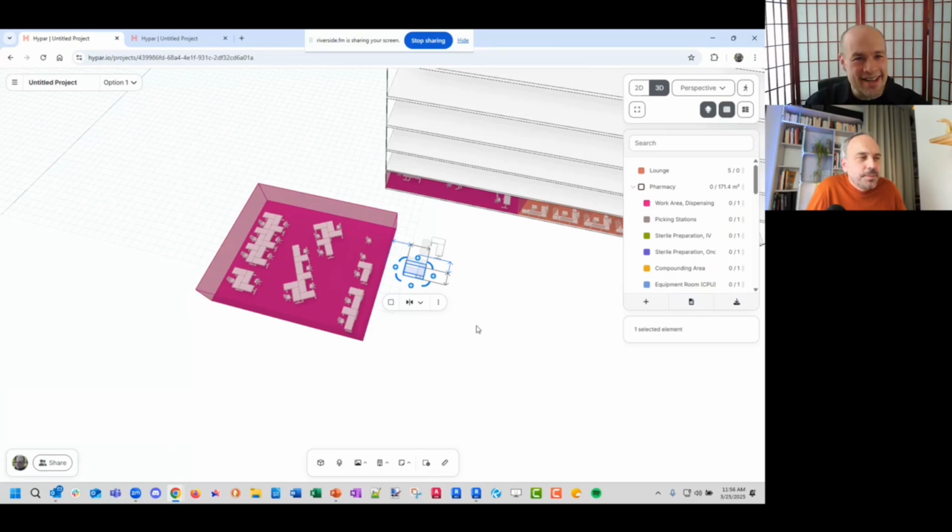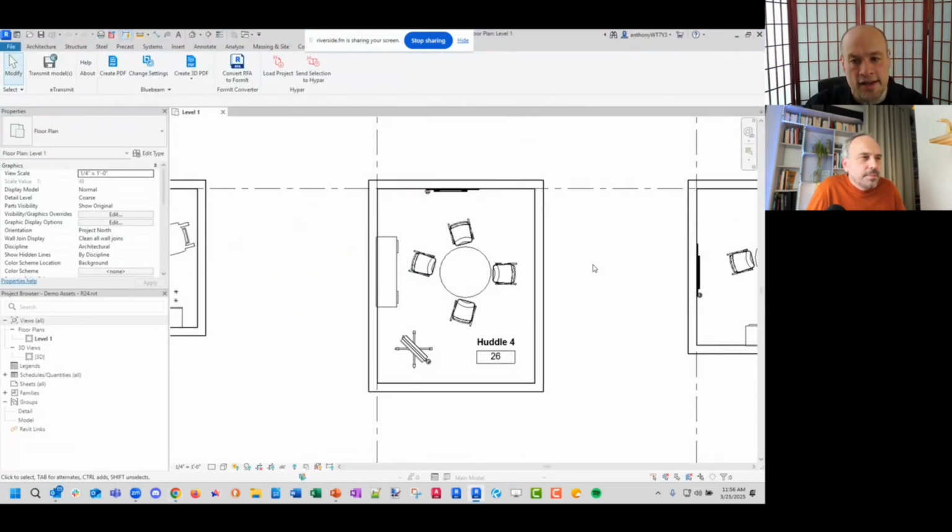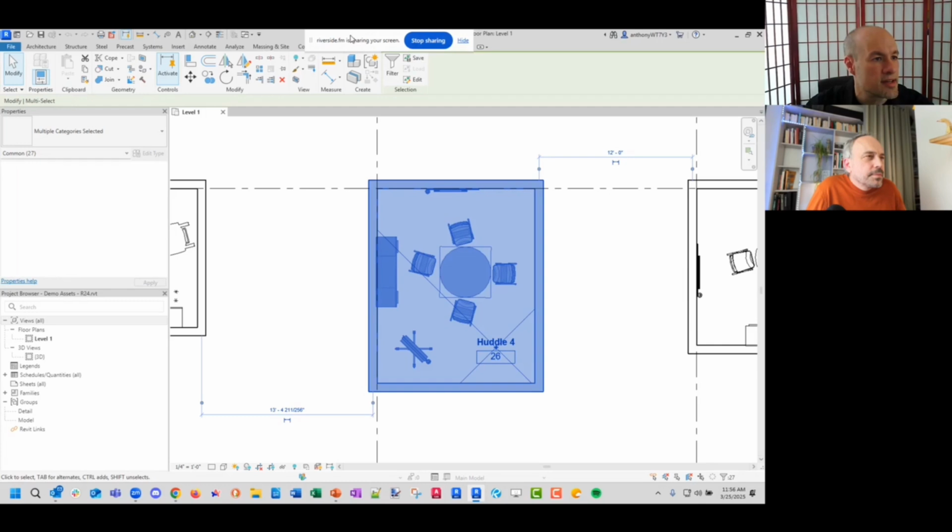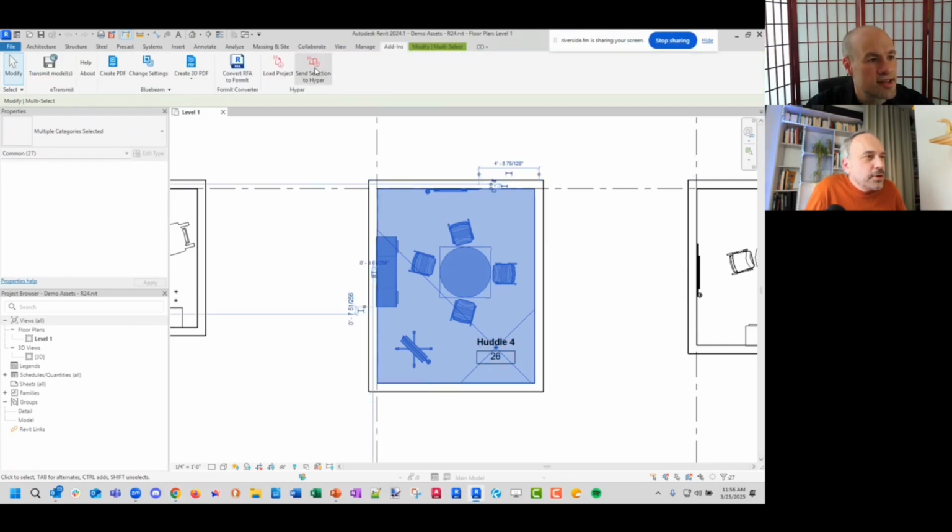Yeah. We haven't done that yet, but we might be going down that road depending on what happens. At the moment, there are firms that have their own standards. And one thing we've done is make it possible for them to bring in what they've created before in Revit. So I'm going to select this and get my toolbar out of the way. And then, so here you're demonstrating also the connection between Revit and Hypar.